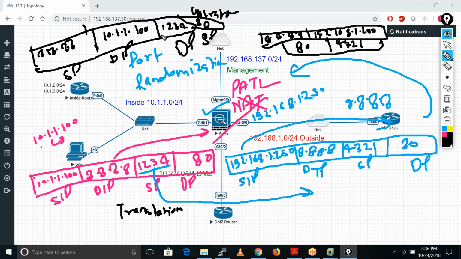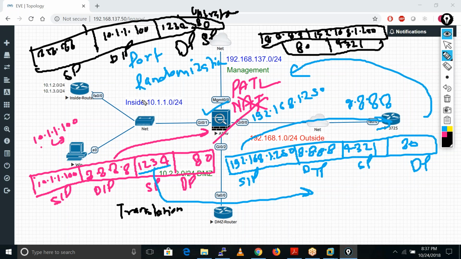When this system receives this traffic, it also created that translation, and it knows the port numbers, right? So when it receives this particular traffic on port number 1234, it accepts this packet. That is how ASA does the translation, and how ASA does the untranslation when it receives the reply.